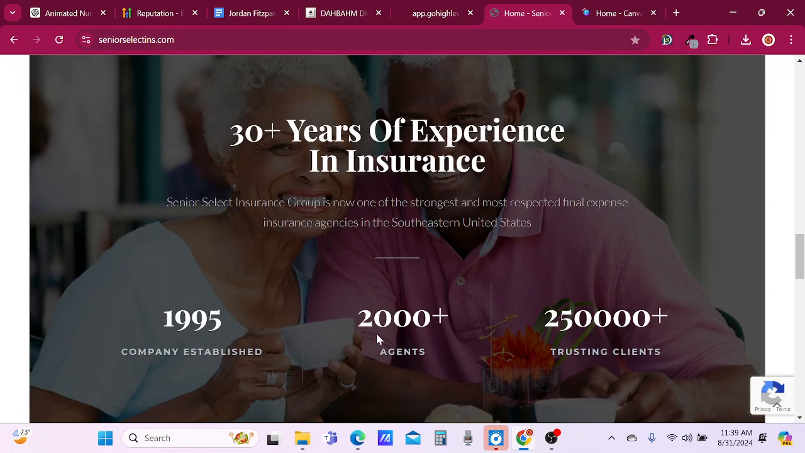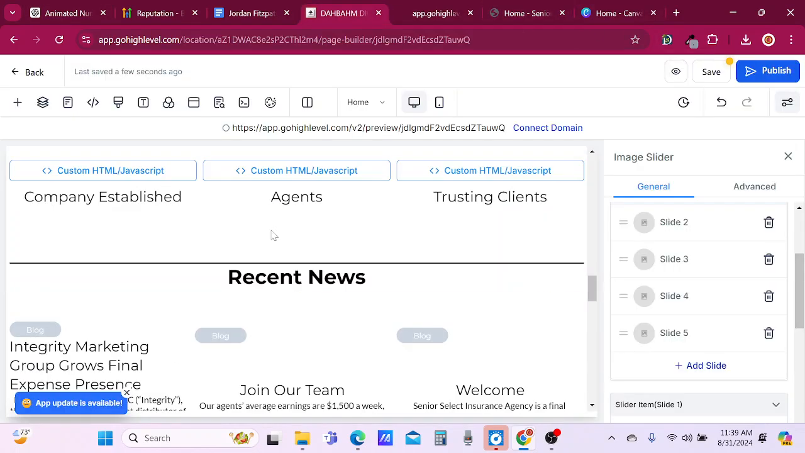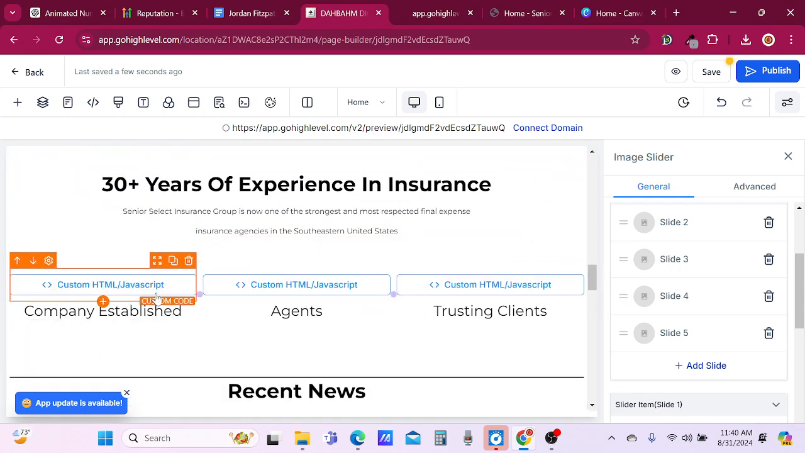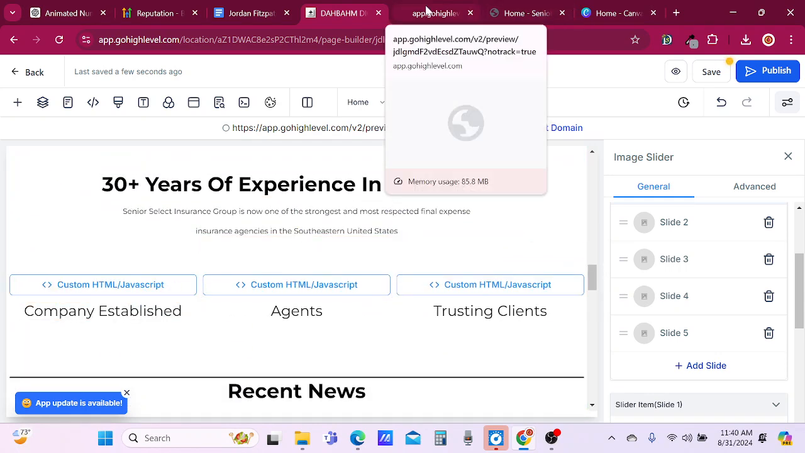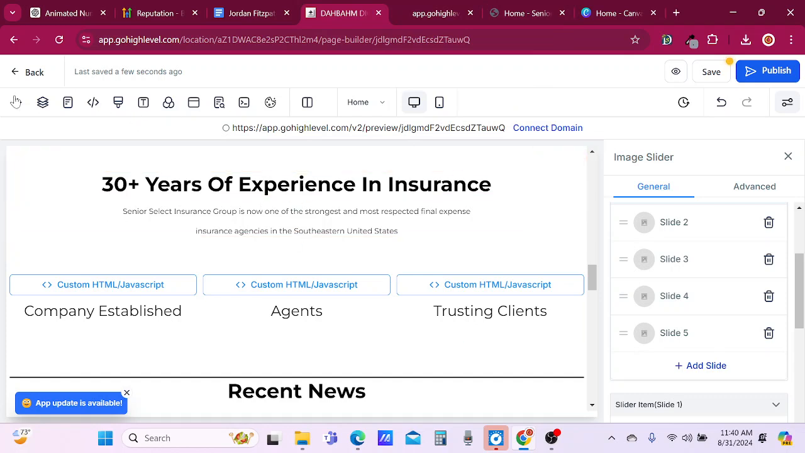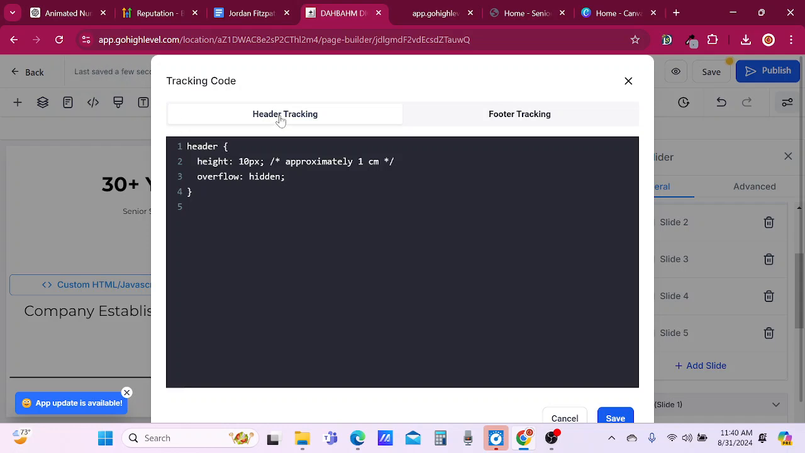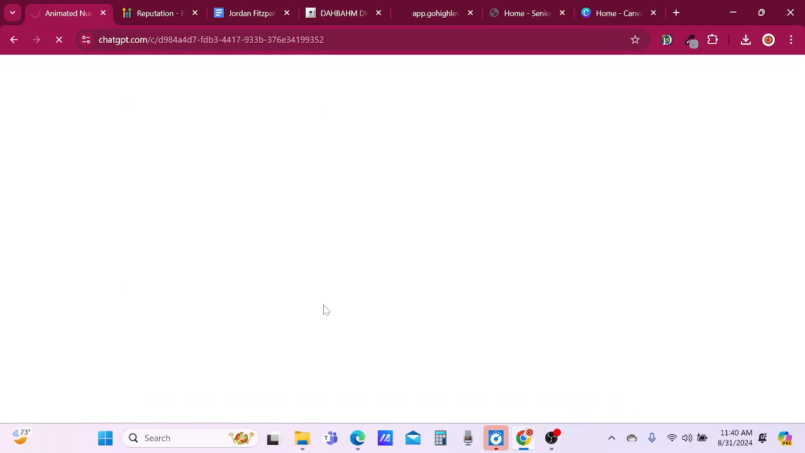And I'm working on this code right here, which is CSS code. Did not charge for that. I normally charge for CSS code because it's time consuming. And so far, this is what I've gotten. So basically, I have to put the header code right here, header tracking, because I use ChatGPT to figure it